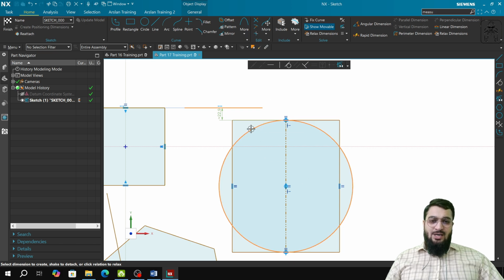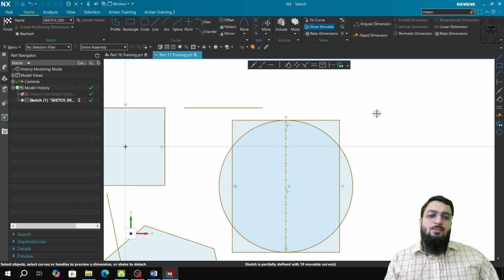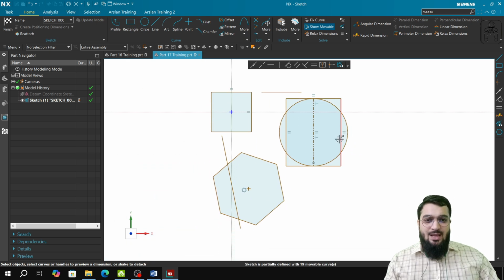If I do not select this circle, rather I select this line and I select this line, you will see other relations getting highlighted as per the scenario. So applying geometric relation, dimensional relations in Siemens NX is very easy,